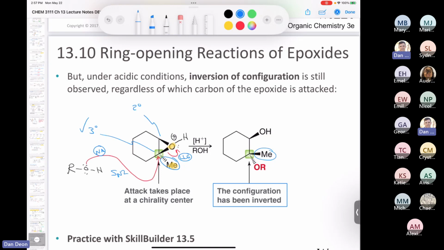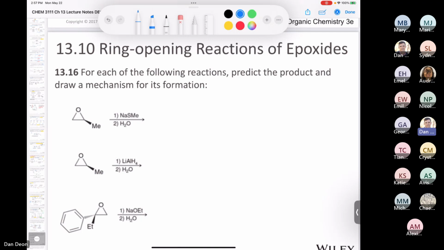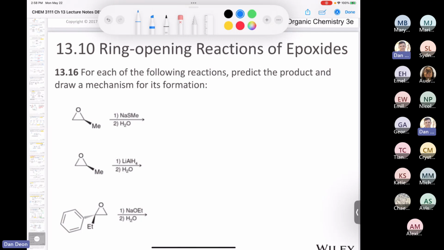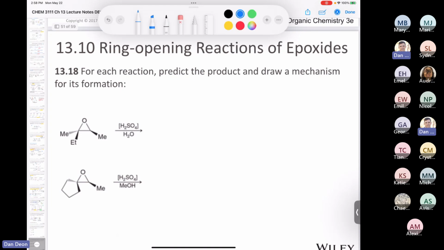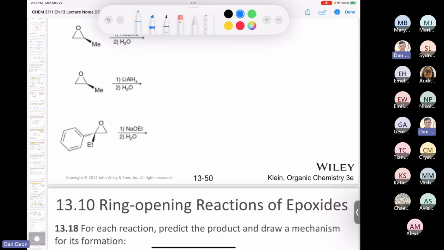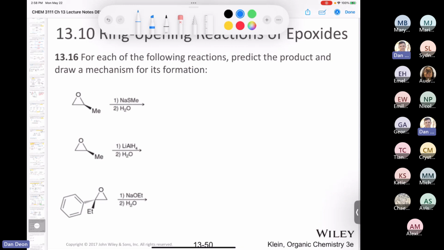So there's no new information here, really. With all that information, this question here, 13.16, says for each of the following reactions, predict the product and draw a mechanism for its formation. The next question, 13.18, says for each reaction, predict the product and draw a mechanism for its formation. So you can see that these two questions have some differences. If you look at 13.16, everything that's in here